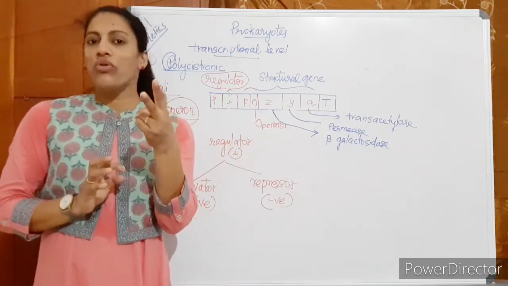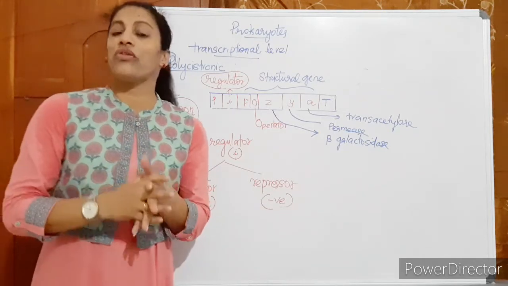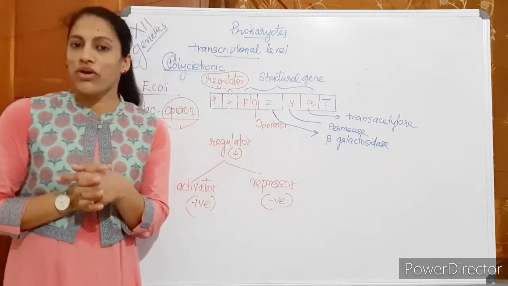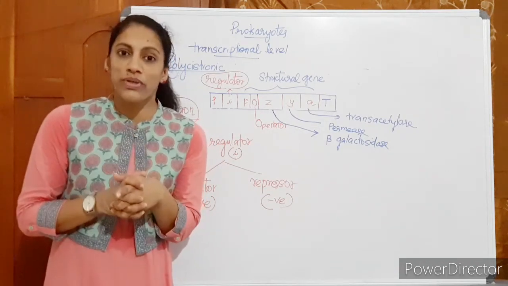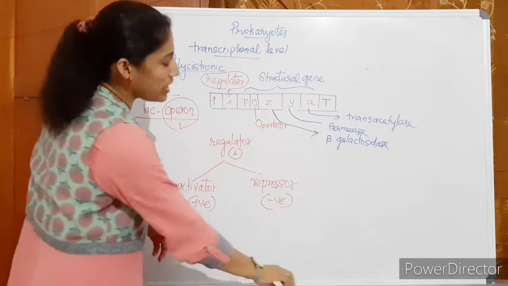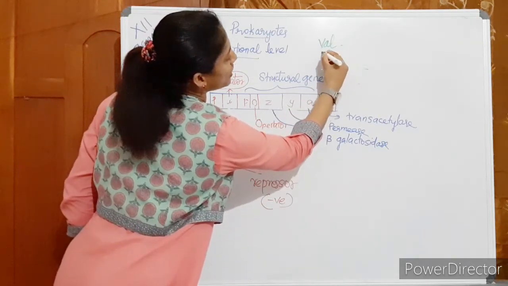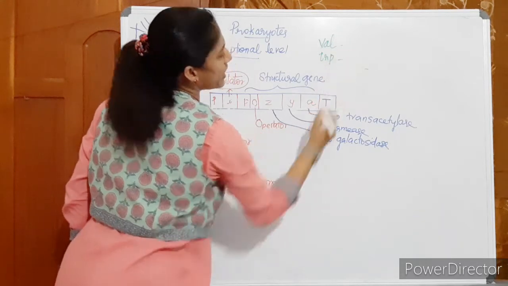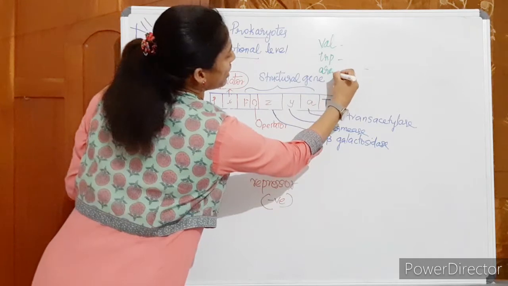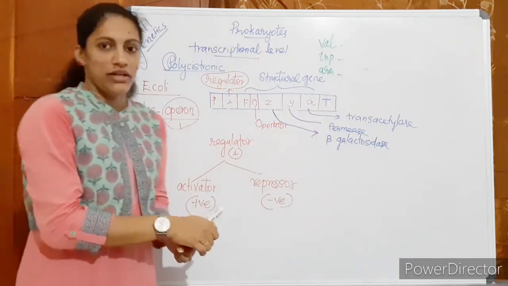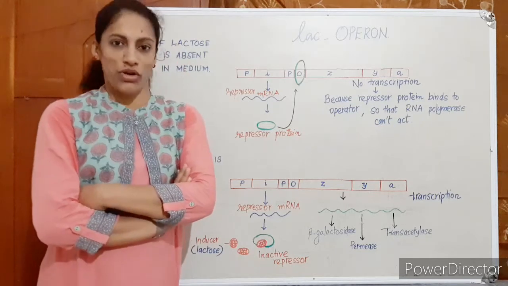You have studied 2 more additional things in that. I think it's okay. Then we move on to the example, lac operon. It is expanded as lactose operon. It is one example for operon. There are many other examples like valine operon, tryptophan operon, alanine operon, like that many operons are there. So, example for an operon, lac operon.